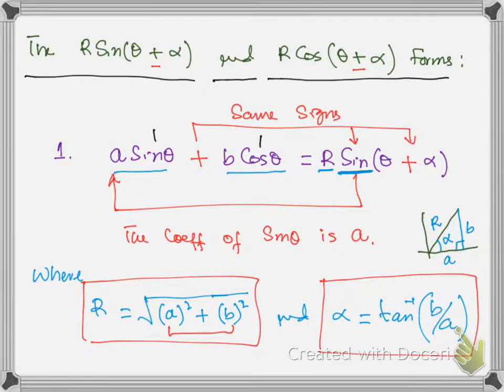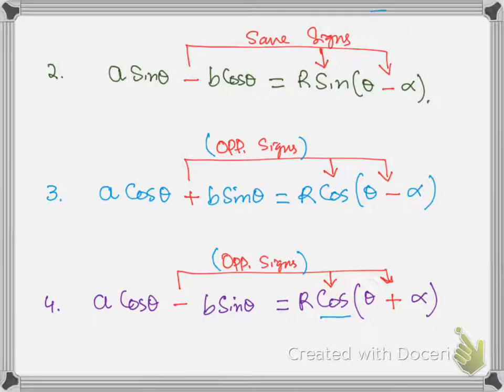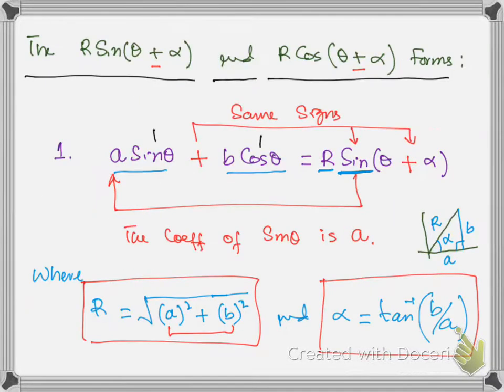If the function is cos, like in this example number 4, here with r, cos is multiplying with r, therefore the coefficient of cos on the left side will be a. This is the way to decide the value of a, and ultimately the other coefficient will be considered as b. Well, why do we need a and b? Because we need the value of r and alpha in order to express this form into this form. So to express a sin theta plus b cos theta into r sin theta plus alpha, we must have two values, alpha and r.